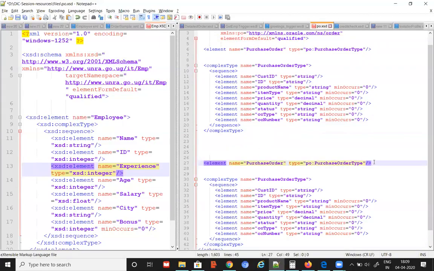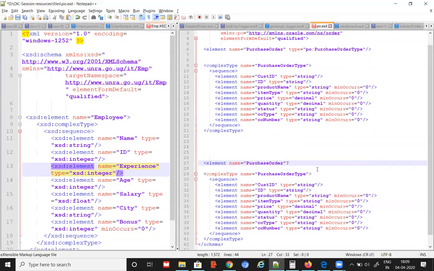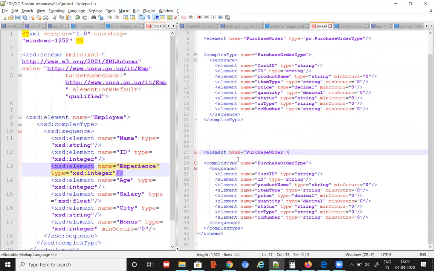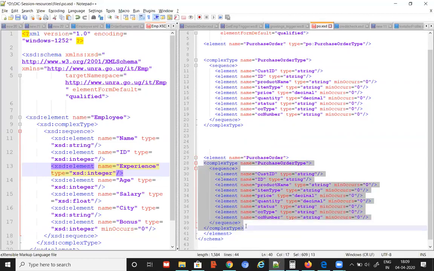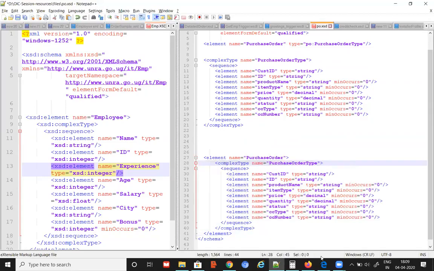I need not mention this one. Instead of this, I can also say it like this. Element. This will also be exactly the same.